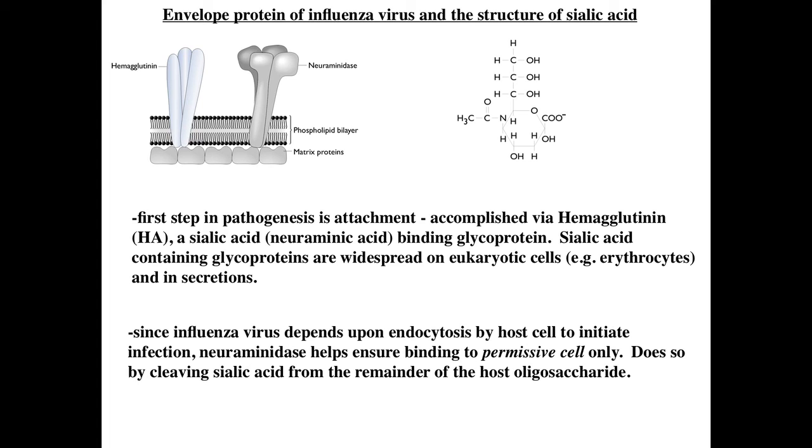The neuraminidase enzyme has the ability to cleave this sialic acid off of the glycoprotein that's bound to this hemagglutinin, and thereby free the virus from that non-permissive cell. But its role at the beginning of the infection is probably very minor. Neuraminidase has probably its major role at the end of the pathogenesis, or at the end of a life cycle